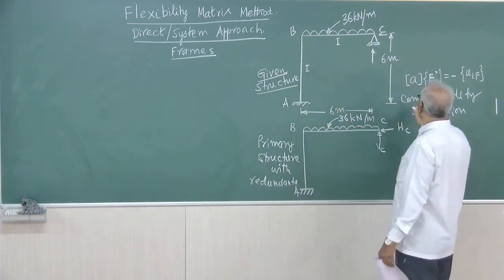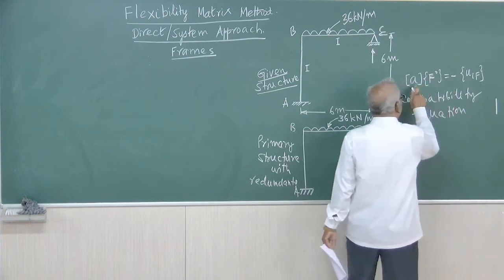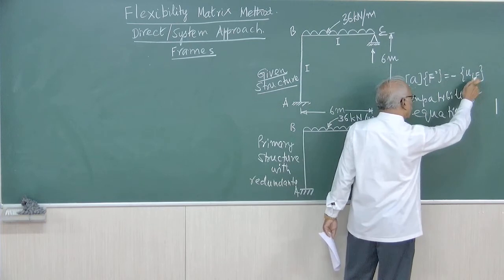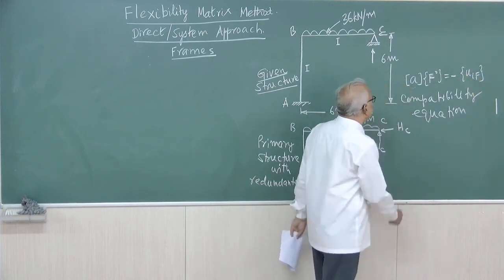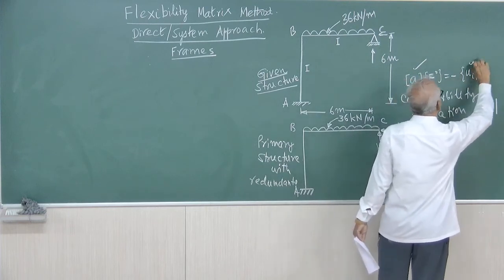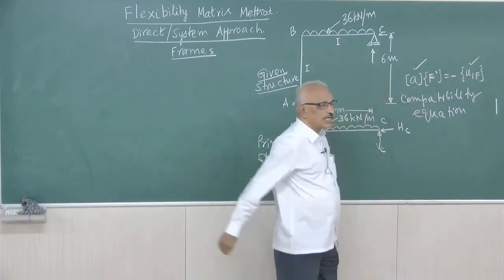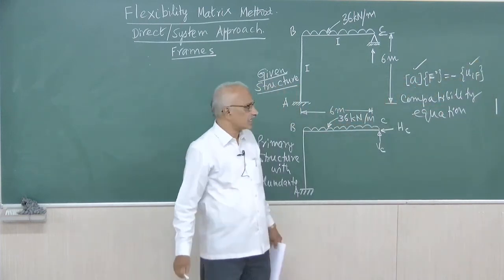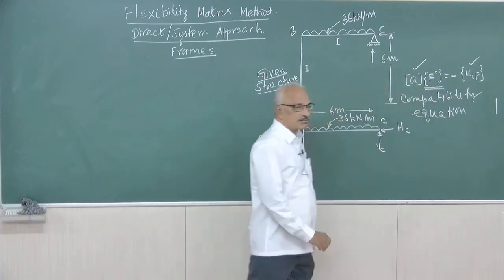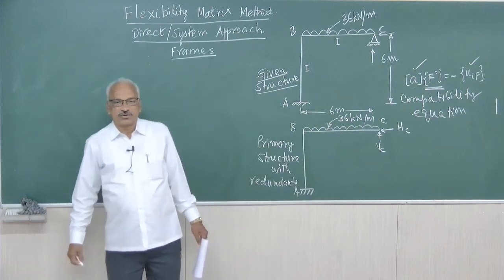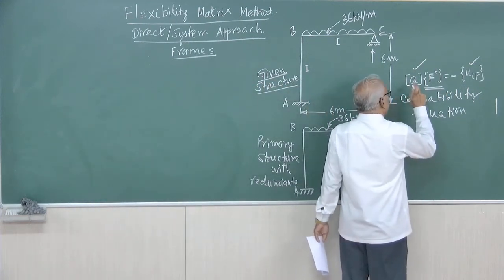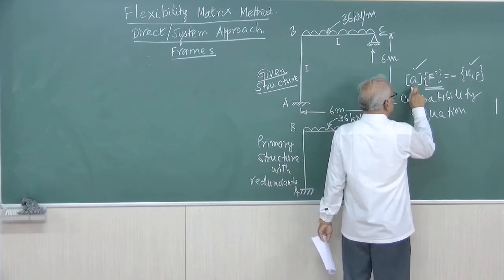The flexibility matrix consists of displacement coefficients. The right hand side is also displacements. We are going to find out the values for the A matrix, and also the values for the displacement vector on the right hand side. These are the unknowns. So that's what we do. Right. Now here, since both sides consist of coefficients of displacements,